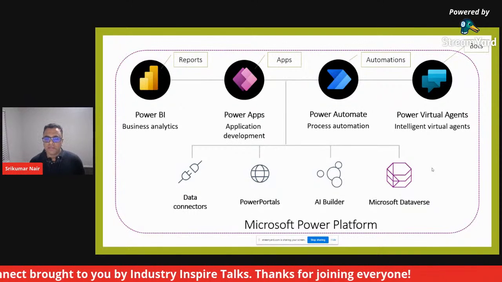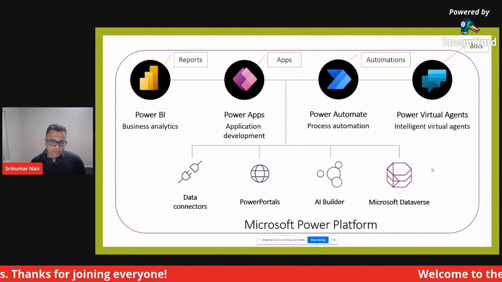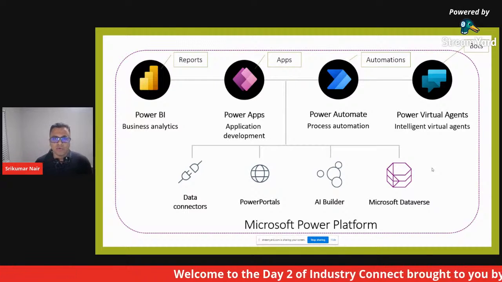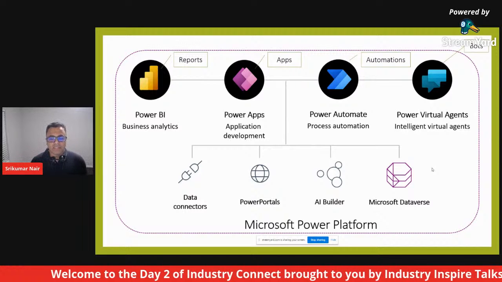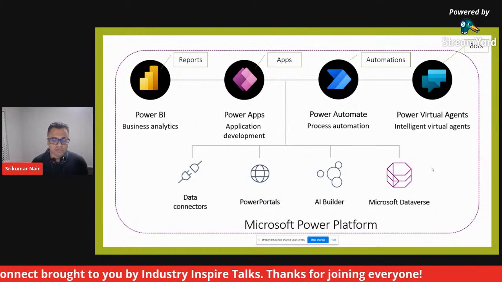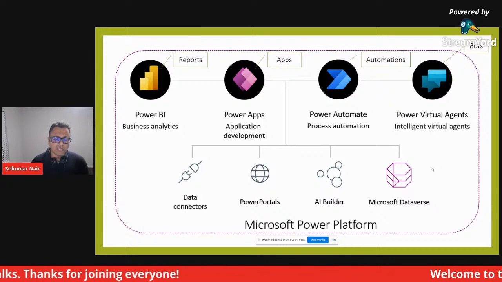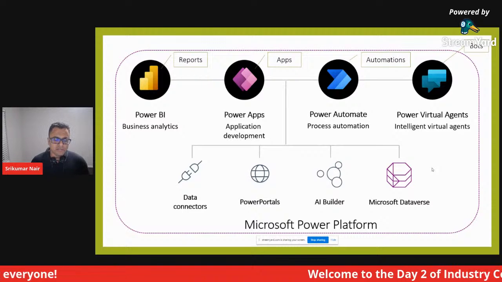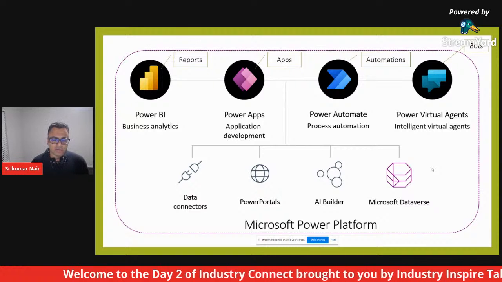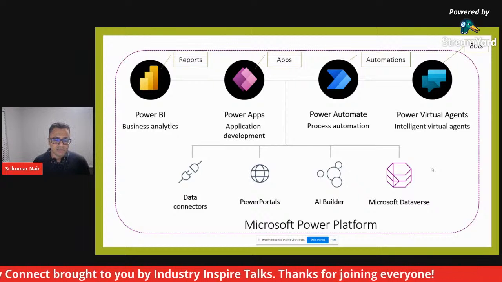Then there is Power Virtual Agents. When you're running a business, you want to make sure you are available 24 by 7 to answer questions coming from customers. You cannot be in front of the computer all the time. You will want somebody answering those frequently asked questions, like: are you guys open? What time does your store open? What time does your business open? You can easily build chatbots, again through low-code or no-code. You are just authoring what types of questions can come, and providing the standard answer: store hours are so-and-so, we are open Monday to Friday, or whatever the timings are. That's basically what Power Virtual Agents will do.